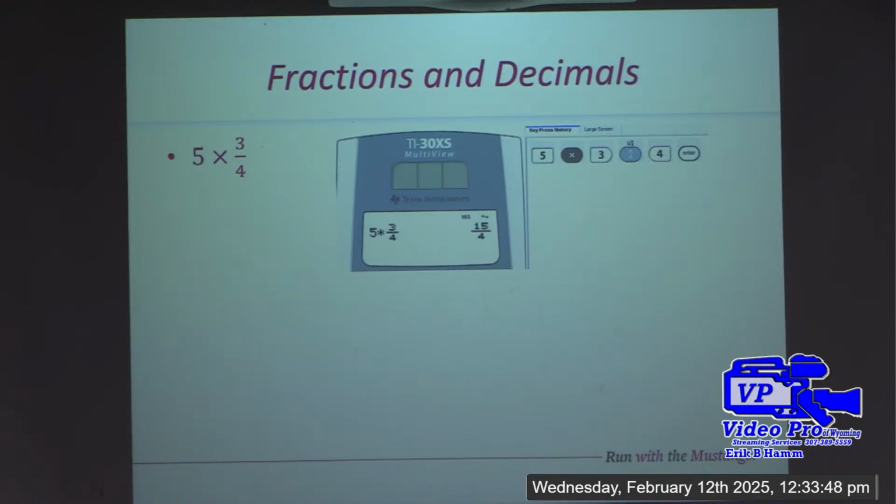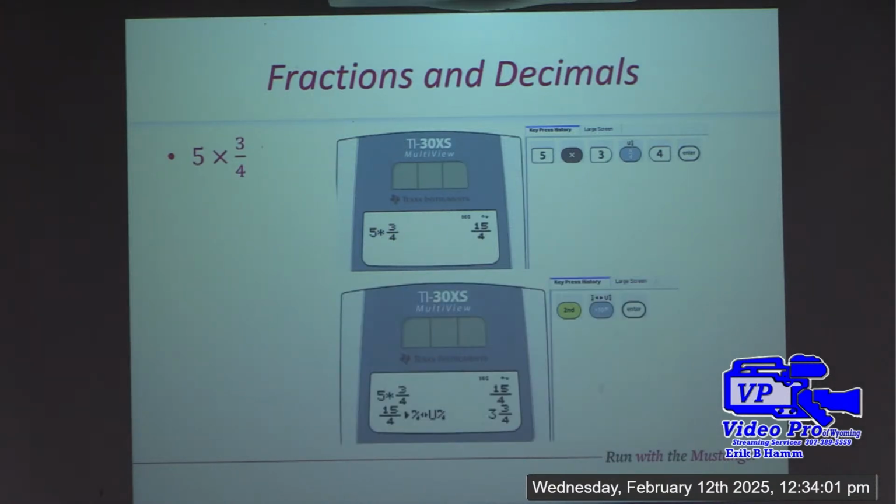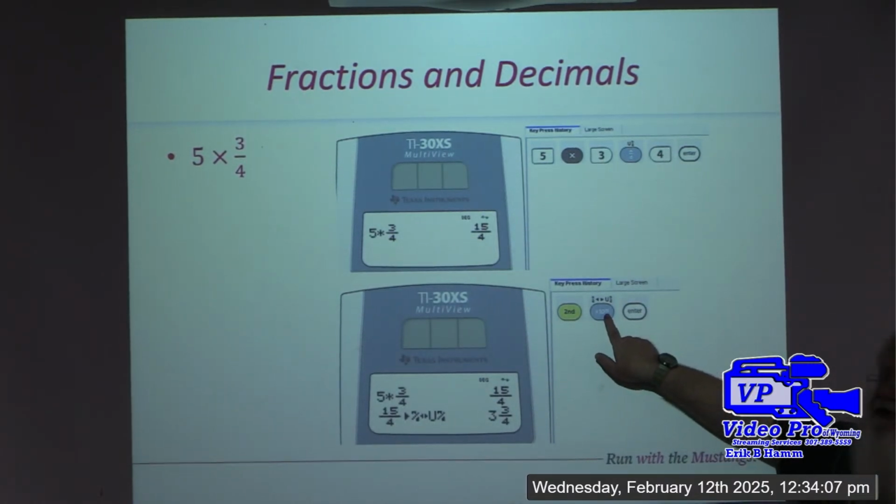Which is what? An improper fraction. And most of us, 15/4 doesn't mean a lot to us. It actually means more to us if we think about it as what? A mixed number. So now we're going to convert this to a mixed number. And how are we going to do that? Well, we're going to use the second, and then that button that said what? The fraction, and then little,